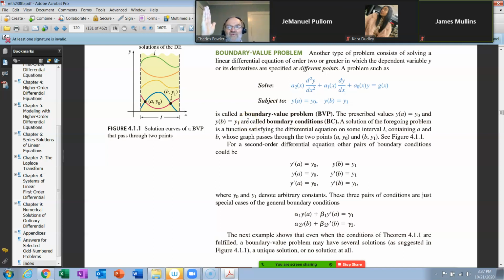One thing is specified here, another thing is specified here. x equals a, x equals b. Okay, that's a boundary value problem, the BVP. The prescribed values, y of a is equal to y0 and y of b is equal to y1, are called the boundary conditions, BCs, not before. Okay. A solution for the foregoing problem is a function satisfying the differential equation